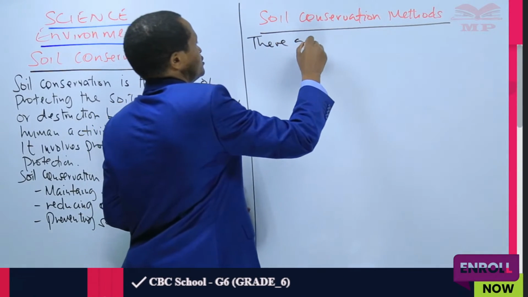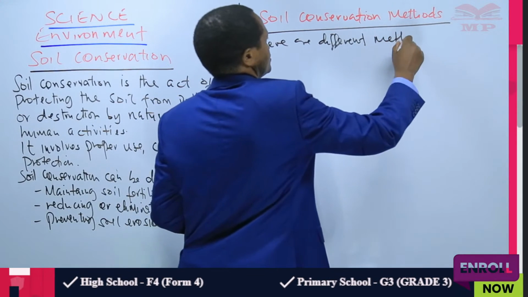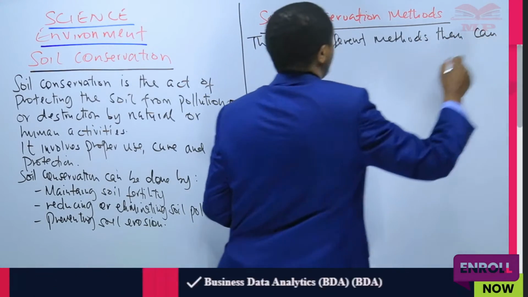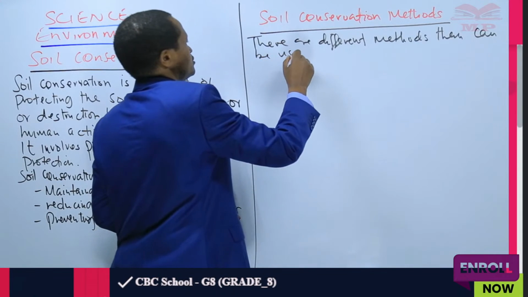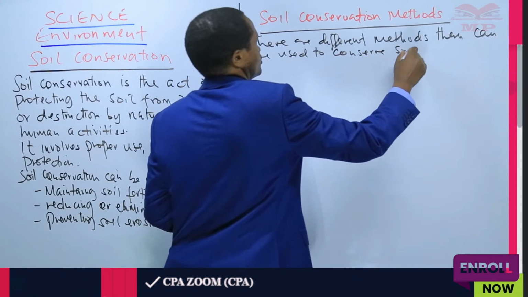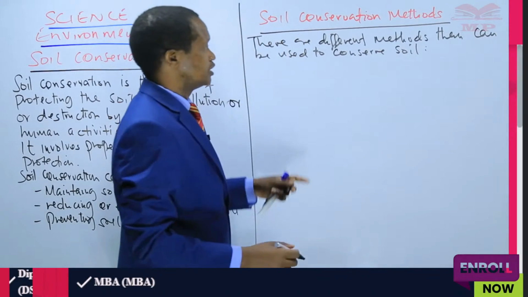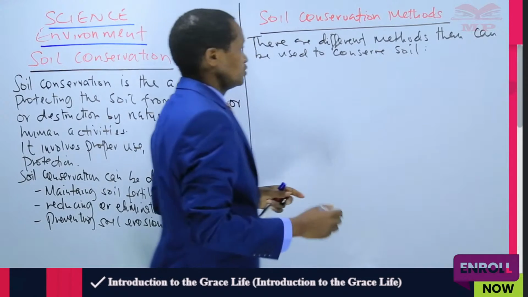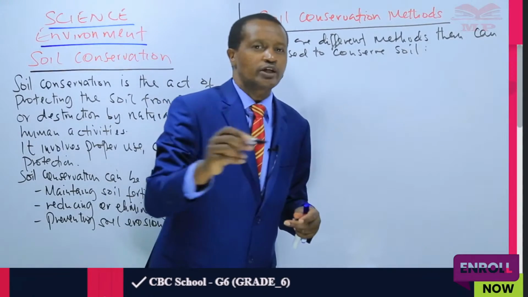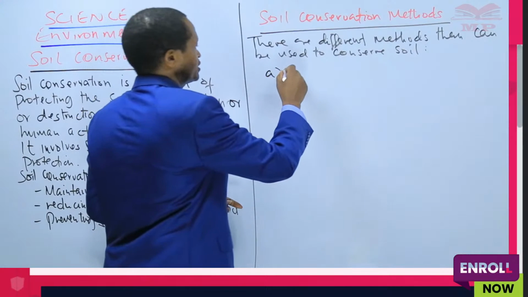So learners, I'm going to list these methods down first, then we'll discuss the methods one by one. Number 1 is avoiding excessive use of fertilizers,